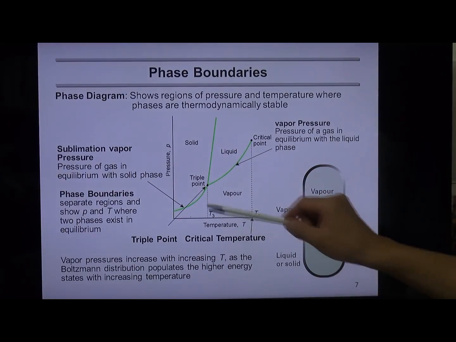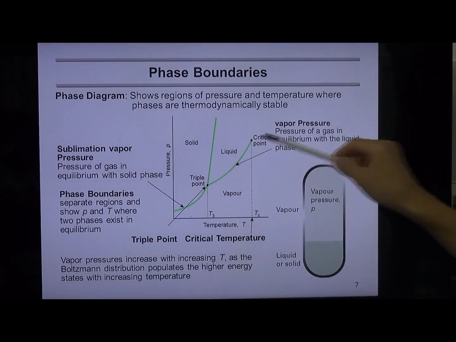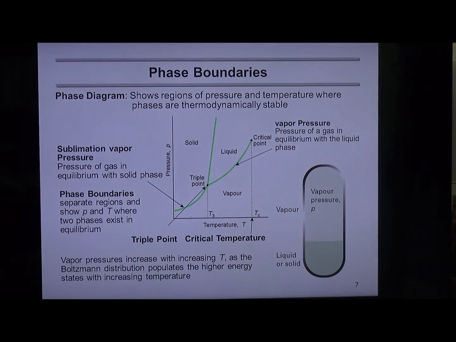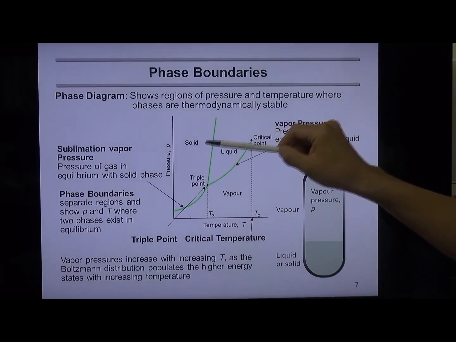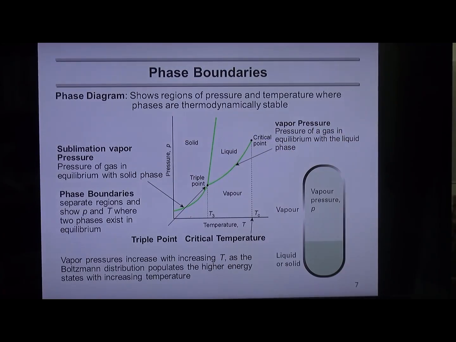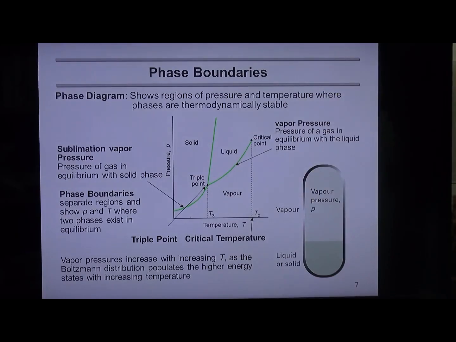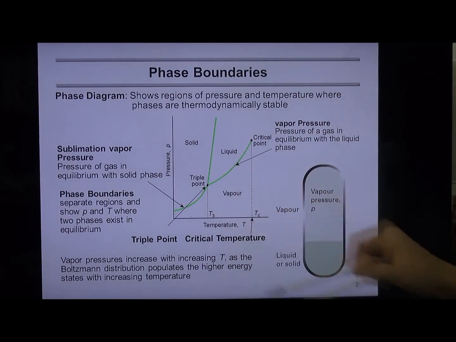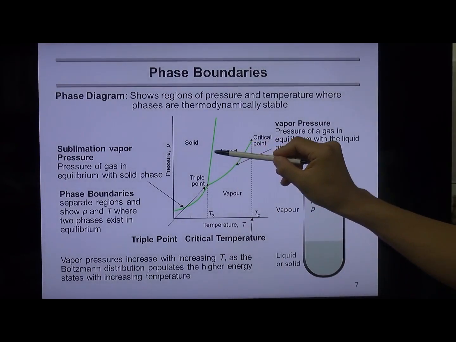And there are also boundaries, these green lines, right? Separating these different phases. First, this phase boundary basically separates solid and liquid. So, from this phase boundary, we can determine the melting point. How? Because at a certain pressure,